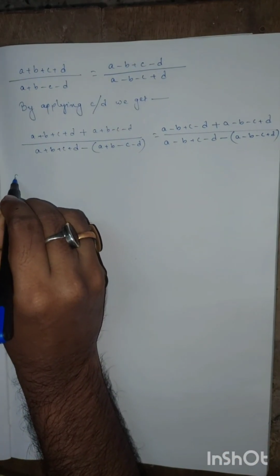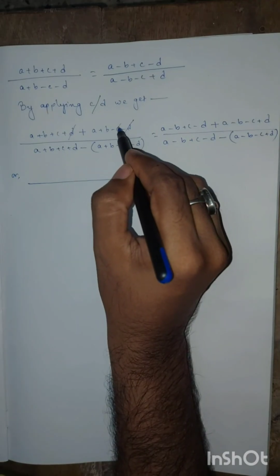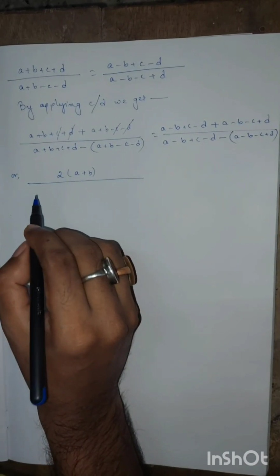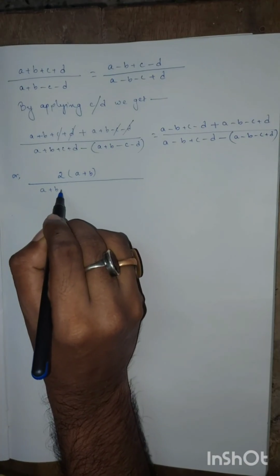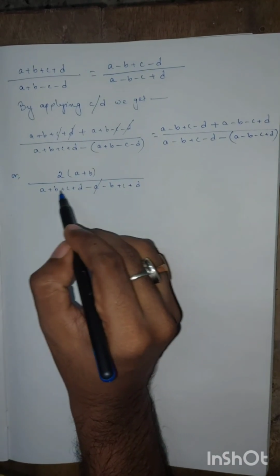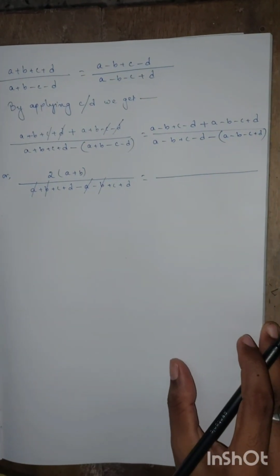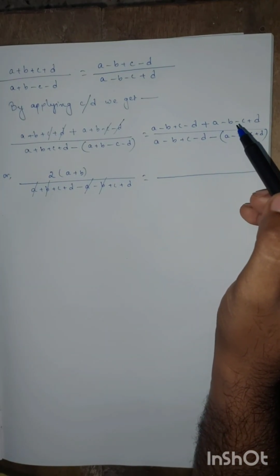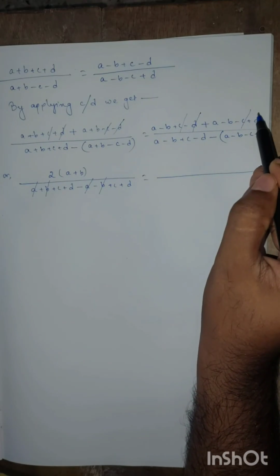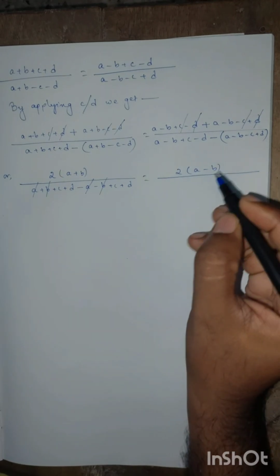Or we can write 2 into a plus b, and in the denominator minus c plus c, minus d plus d. So we are left with 2 into a minus b, and in the denominator